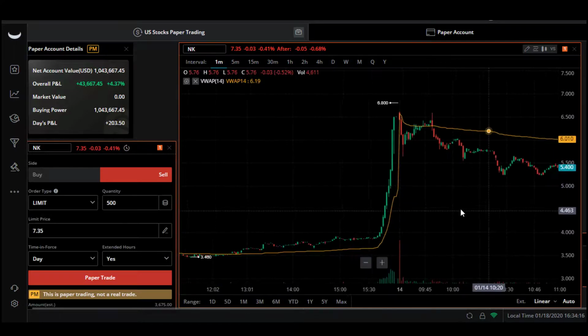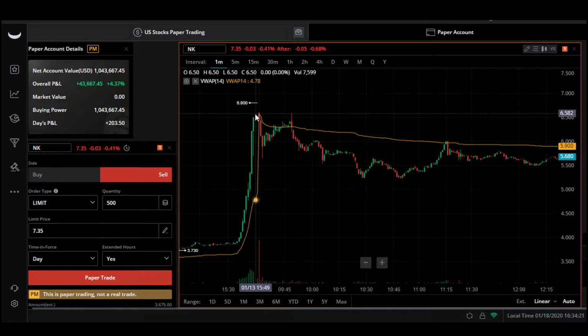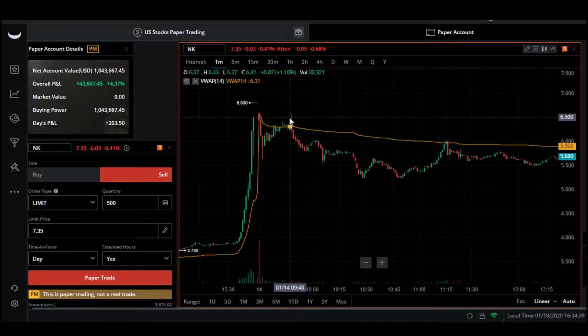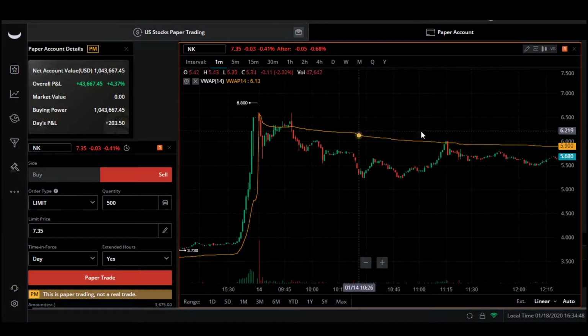So if you're watching this stock and you think, yes, this is overextended, here is some bearish action here, you wait until the stock hits VWAP, because VWAP, the average trading price, is like a magnet. You know, the stock will want to hit that. If it hits it, there's a bearish candle here indicating that the buyers are pushing this stock down. You would put your sell price here at $6.31 right here,